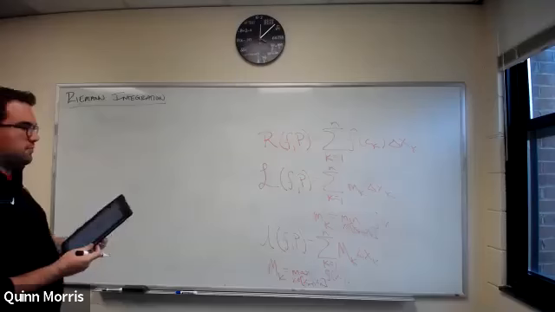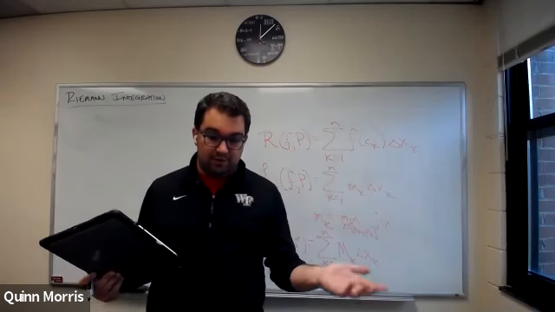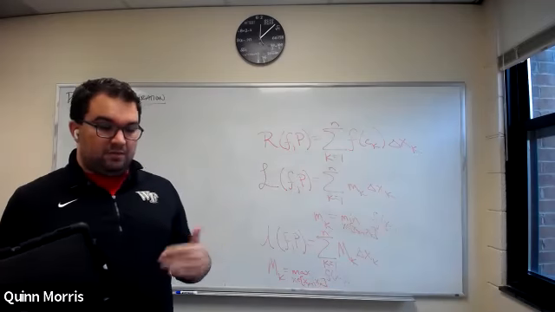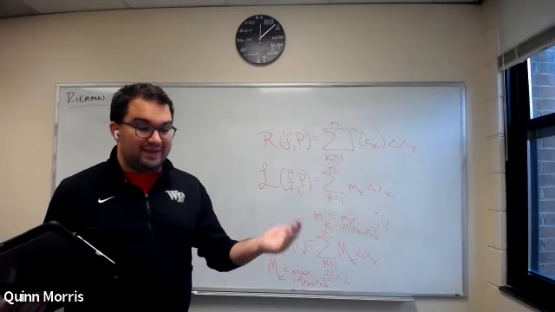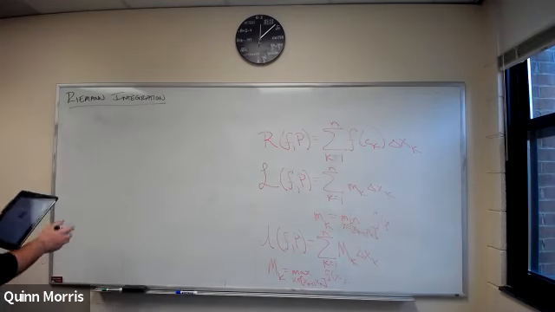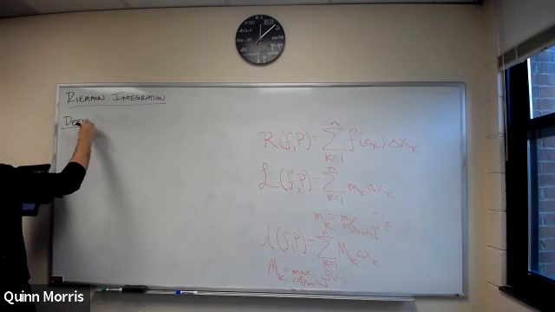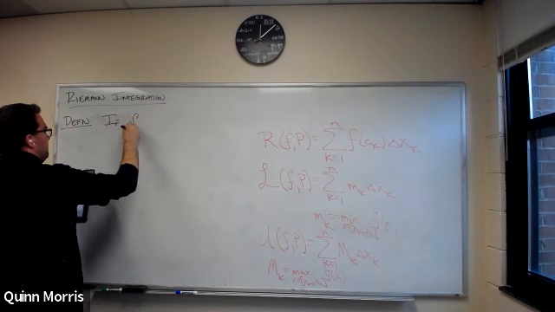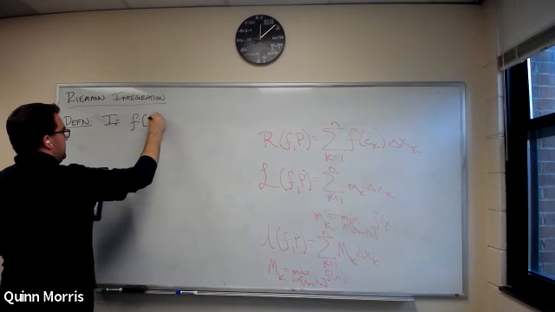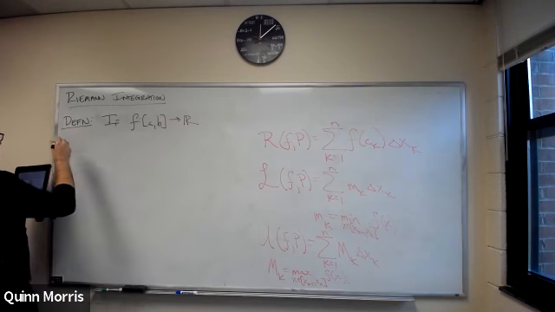So since I have these upper and lower sums, right, and normally you use a Riemann sum to define a Riemann integral, now I can use these upper and lower sums to define upper and lower integrals. It's analogous to what we do for Riemann sums to Riemann integrals. So this is definition 210: if I have a function f from [a, b] into the real numbers, which is bounded,